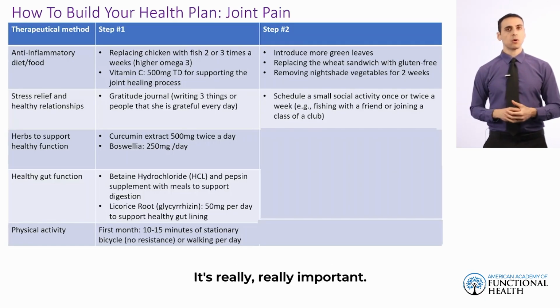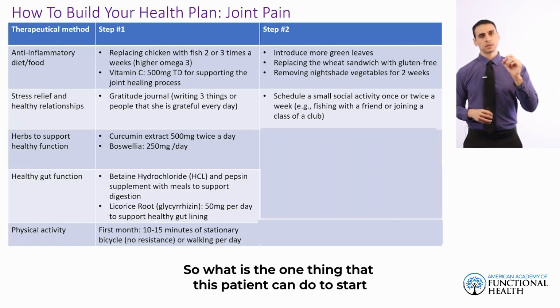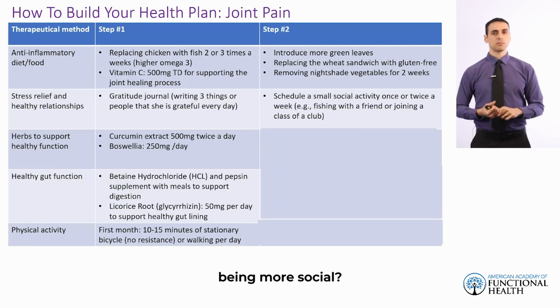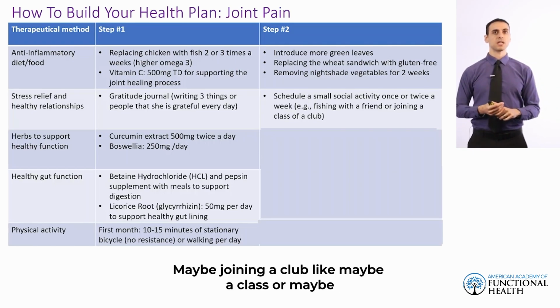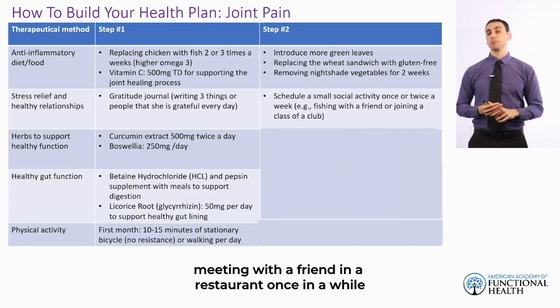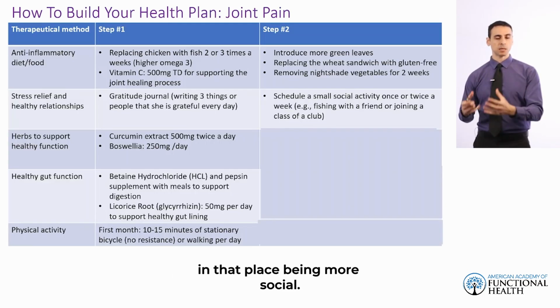It's really, really important. So what is the one thing that this patient can do to start being more social, right? Maybe joining a club, like maybe a class, or maybe meeting with a friend in a restaurant once in a while, right? So we've got to constantly think about what we can do to put him in that place,